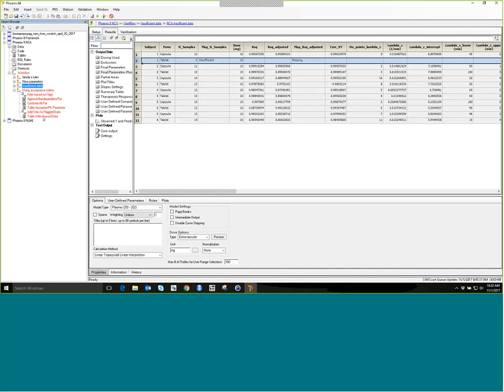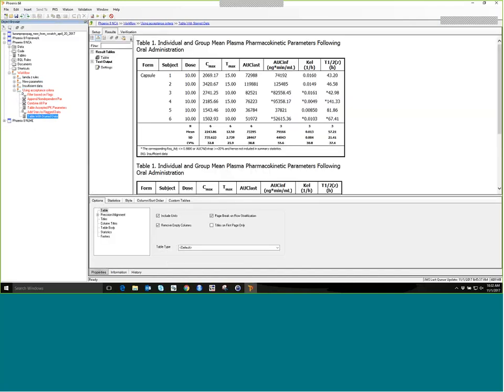So lastly, I want to show you an example of how you can use the information of flagging to present the data more easily. So essentially, this takes the PK parameters using the rules, and it flagged them whether or not they met acceptance criteria. And if you can see the AUC column, the Lambda Z column, and the half-life column, some of the numbers have a star. And so there was a simple data wizard that was used, and then we output that data